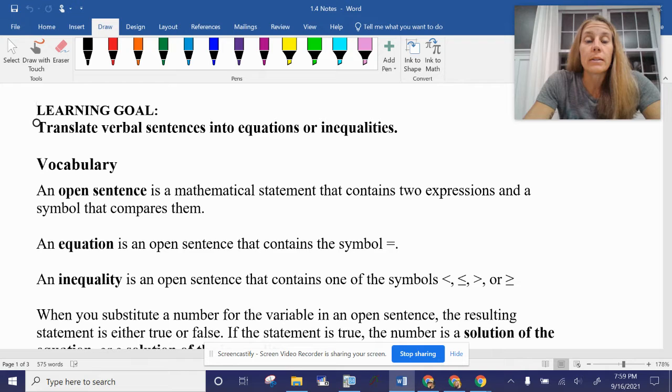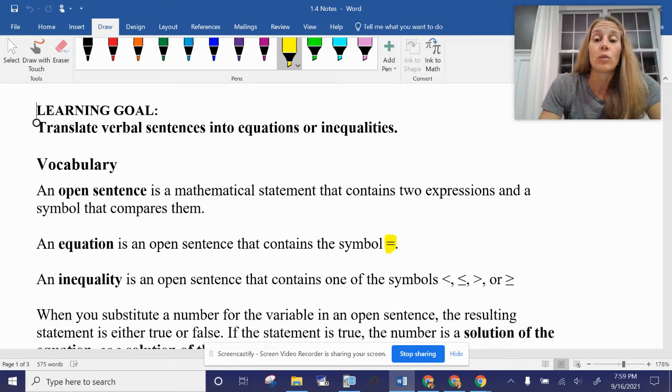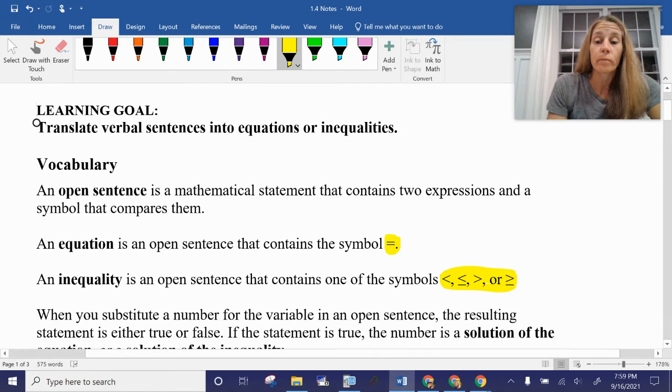An open sentence is a mathematical statement that contains two expressions and a symbol that compares them, whether that be an equal sign, then it's called an equation. So an equation is an open sentence that contains an equal sign. And an inequality is an open sentence that contains one of the following symbols here. So we have the less than or equal to, greater than or equal to. So, with that being said,